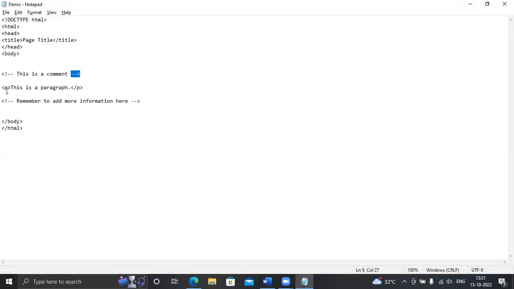Look, this is a paragraph. Within that paragraph tag, whatever I have written, you can see. The comments you have added are for your help only. That is not for the user, or for anyone else. If you want to add some comments for your help, for that reason you can use the less than, dash dash syntax.